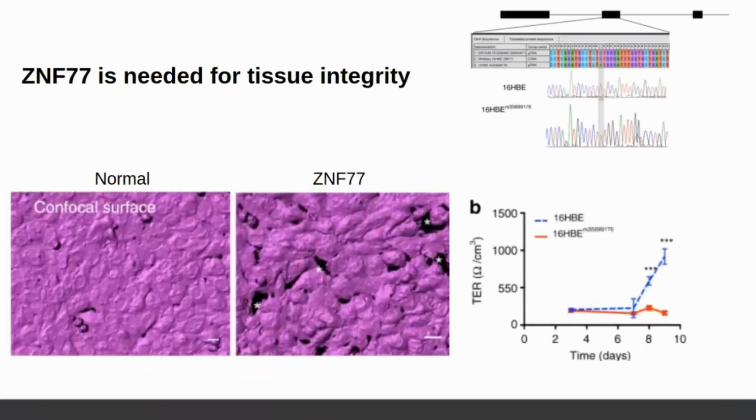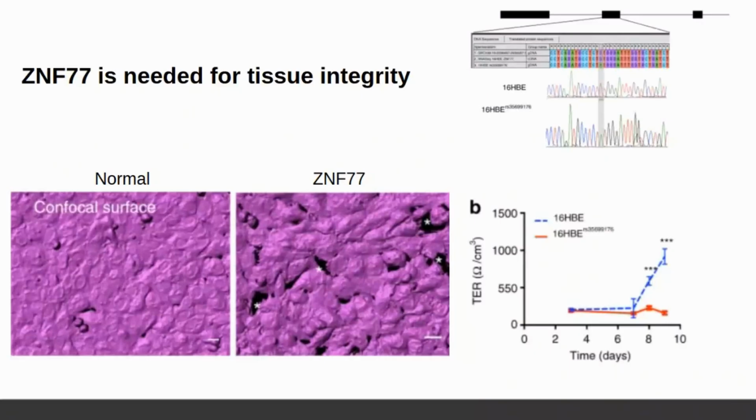When we looked a bit more closely, we were able to see that in normal people, this purple plane on your screen here is your epithelial layer. It's an epithelial layer from a normal, healthy individual. You can see all the cells. It's quite hard to see the individual cells, but you can see they're all very well stuck together. It's a continuous layer. It's completely watertight. It's really tough. And if you remember from before, each one of those cells is very good at eating fungal spores. So it's a really effective way to stop infection.